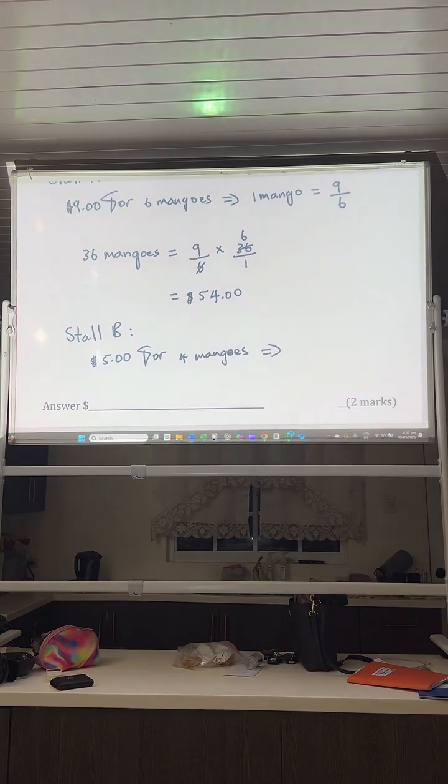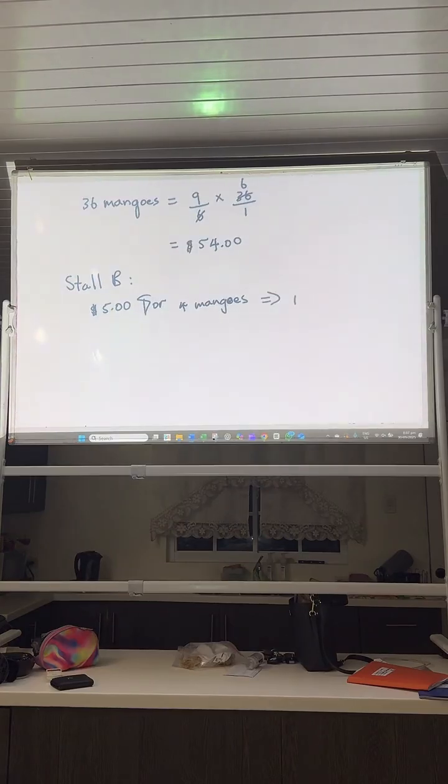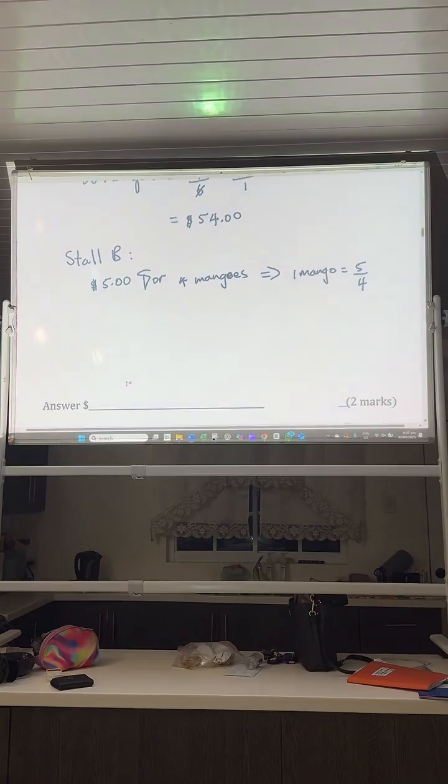So if I want to figure out the cost of one mango, right? One mango would be equal to 5 over 4. 4 into 5 will tell me the cost of one mango. We could leave it in fraction form because the mission is actually to find the cost of 36 mangoes, right? So you ready? 36 mangoes